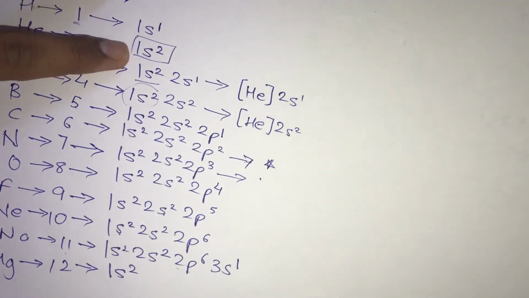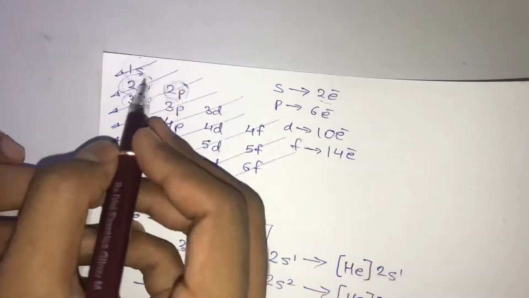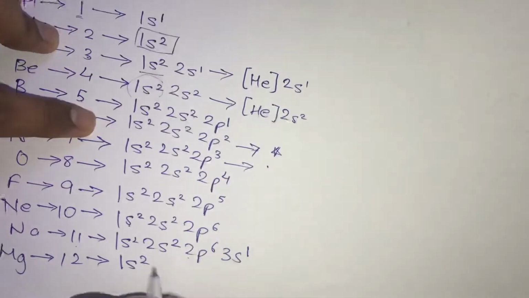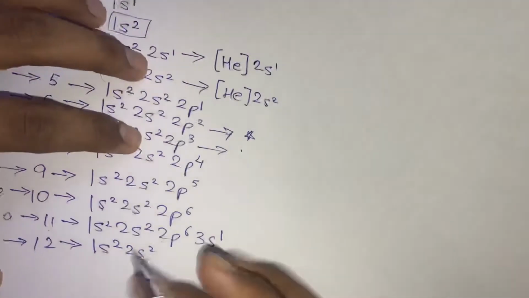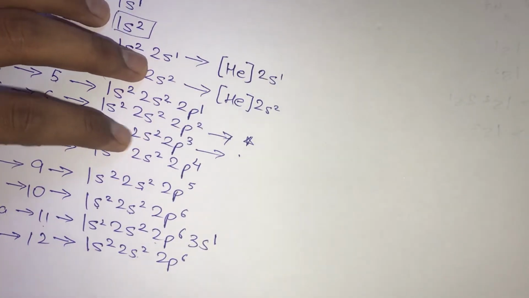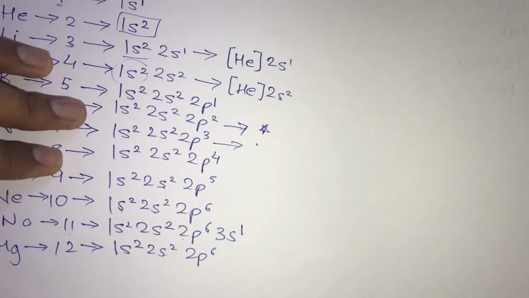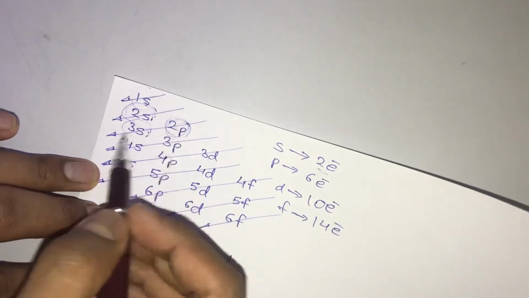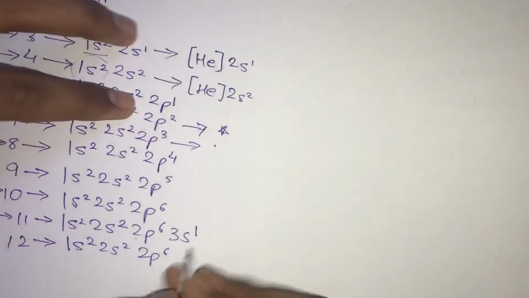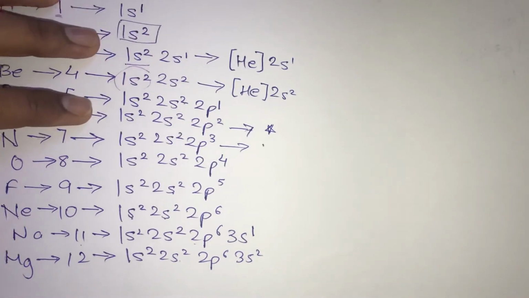Now since you are left with 10 electrons, you move on to the next one, that is nothing but 2s. So 2s can take a maximum of 2 electrons. So after 2s comes the 2p. So this 2p can take a maximum of 6 electrons. So 2 plus 2 plus 6, which is nothing but 10. So we are still remaining with 2 electrons. So after 2p comes the 3s. So 3s is obviously going to take the next 2 electrons. So am I clear till now?